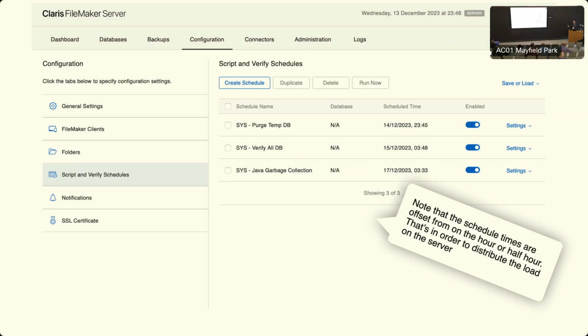And because I hadn't noticed, I had no clue because it was just running on the server. The only resort I had was to call Claris and ask them for help. They have a special tool inside where they can unlock or get you out of the situation so you can get your data out. But of course you need a good file to put it into, right? So that was a nerve-wracking